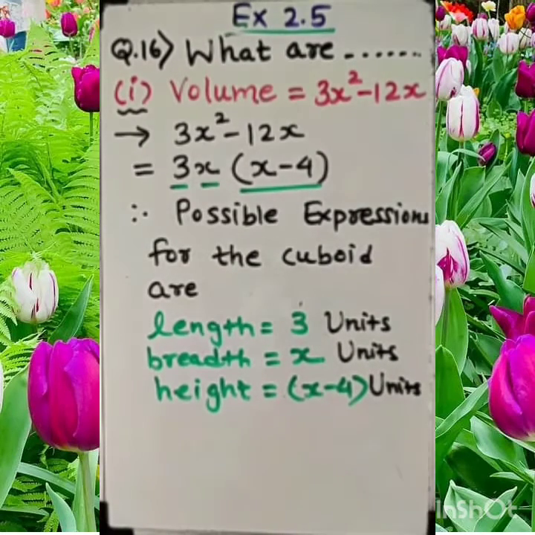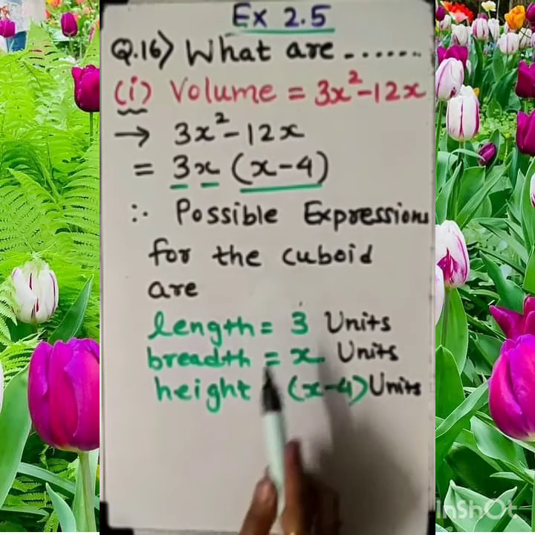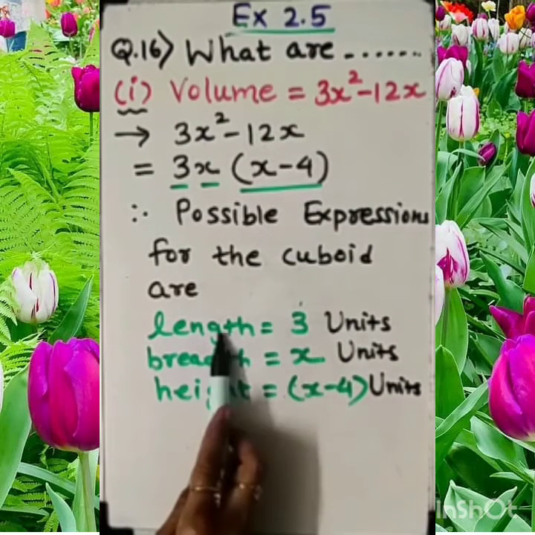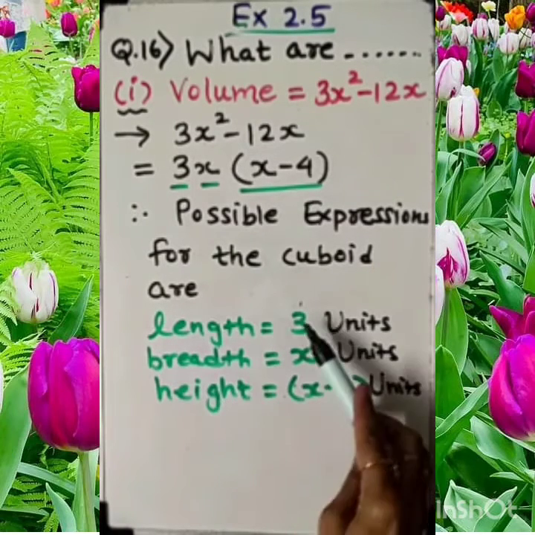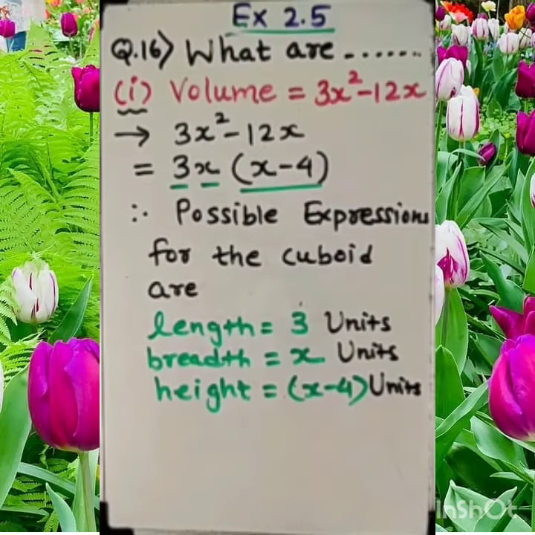It's not necessary that 3 must be for length. It can be for height also. It can be for breadth also. That is not necessary, but simply this question implies that the volume is three-dimensional, with length, breadth and height. Cuboid figure, 3D figure. For that, length, breadth and height are these. Let's see the second part of it.